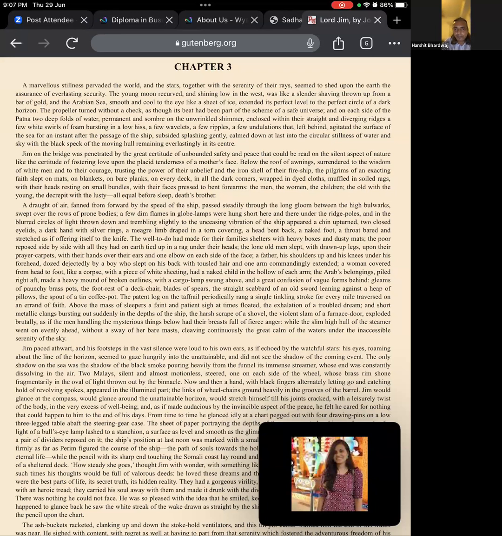Do you see it? Can you see Orientalism in play? Great certitude of unbounded safety and peace that could be read on the silent aspect of nature, like the certitude of fostering love upon the placid tenderness of a mother's face. Below the roof of awnings, surrendered to the wisdom of white men. How clear it is. Surrender to the wisdom of white